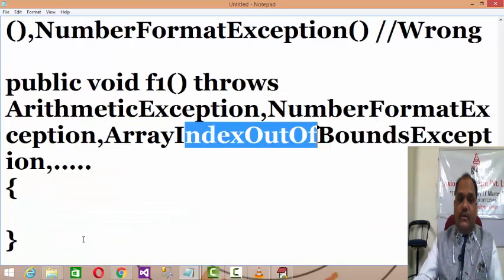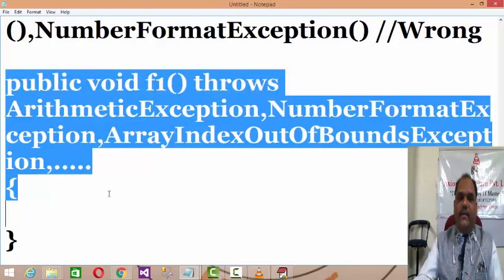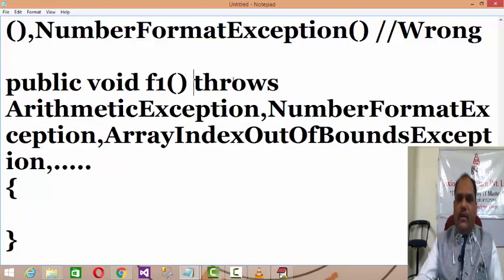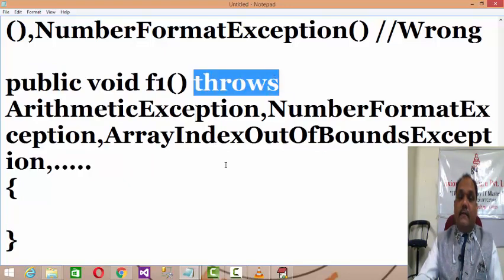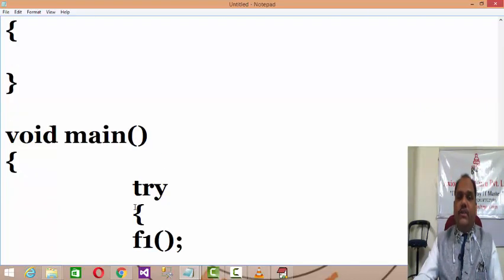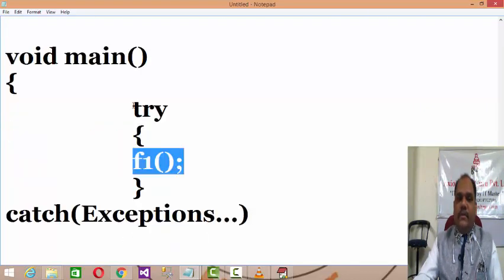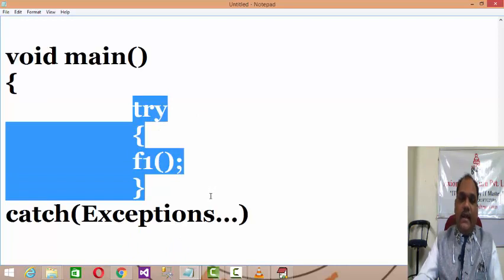So while defining that class or method, you have to use the keyword throws, because that class or method may throw more than one type of exception, and while using such classes or methods, you compulsorily need to catch all the possible exceptions, right?